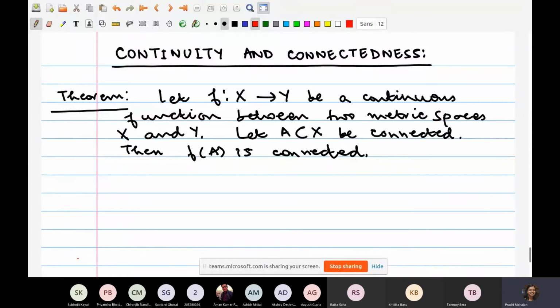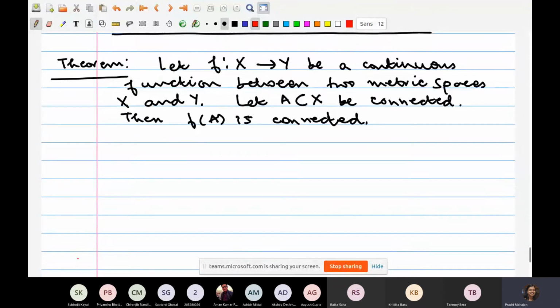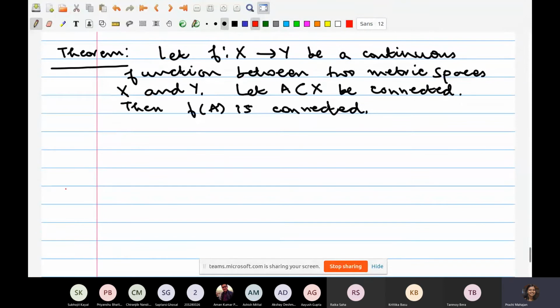So for example, if I have to write down this theorem for the real line, then what would it read like? So I'll just write it like a corollary. Yeah, we'll see the proof of the theorem also. But let me write down a corollary. Maybe you find that interesting.